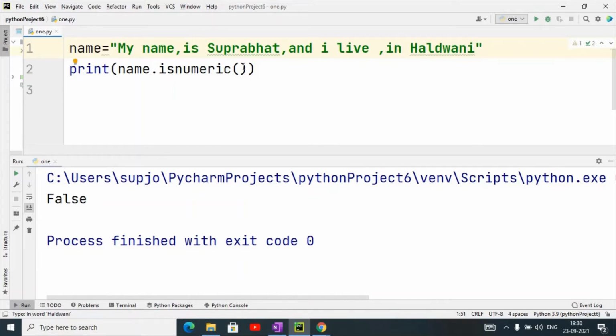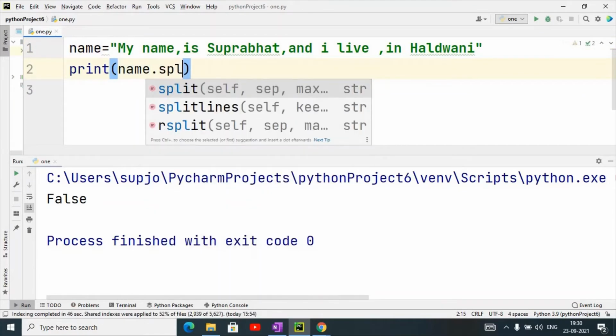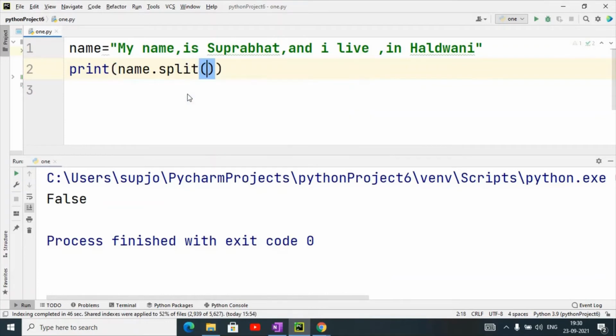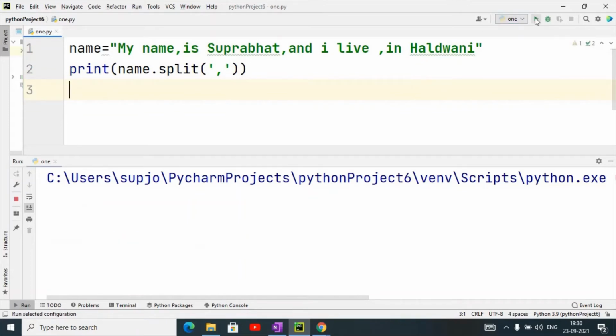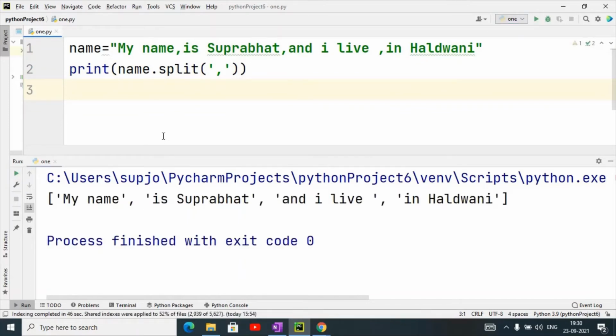Suppose I have given this, and I will use the split function, dot split, and in split I have given the splitting character, that is comma. On the basis of comma, wherever it sees the comma, it will convert this string into a list. So first is my name, after that comma, so this is the first item, then is Suprabhat, the second, then and I live, this becomes third, and in Haldwani becomes last. Do all of you understand?